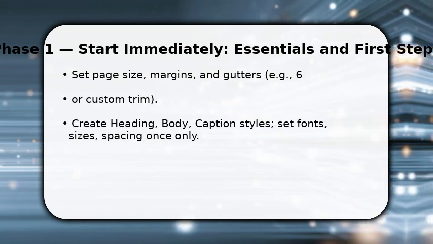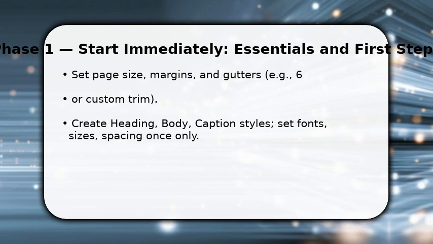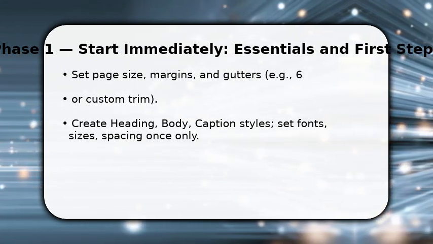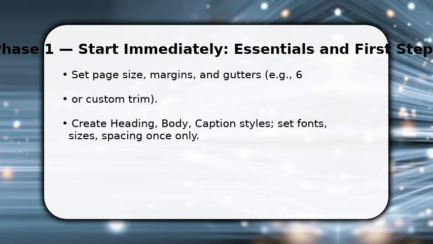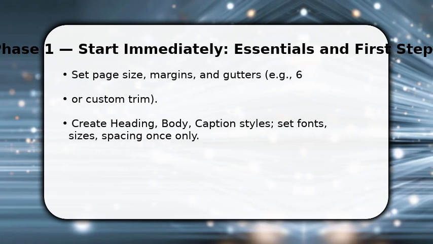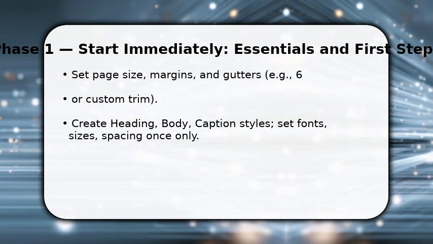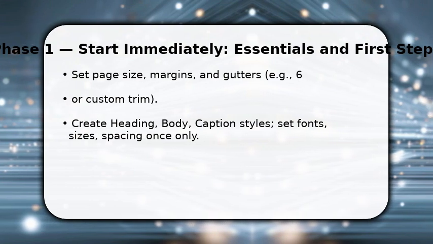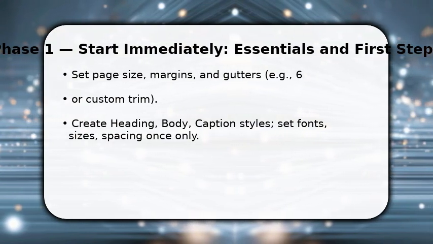Next, create and modify paragraph styles: heading 1, heading 2, body text, and apply font, size, line spacing, and before/after spacing. Once done, use clear formatting, then reapply styles to raw text. This prevents inconsistent spacing. This step saves hours because a single style change propagates through the whole manuscript, avoiding manual